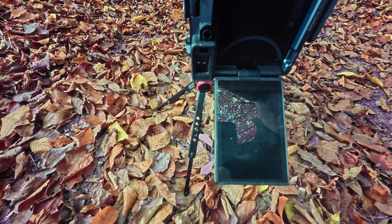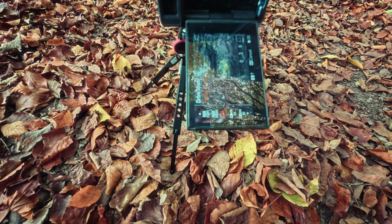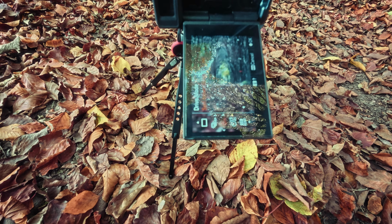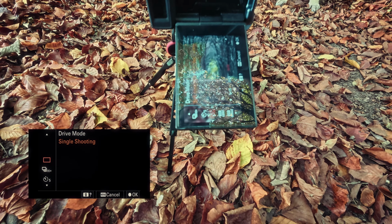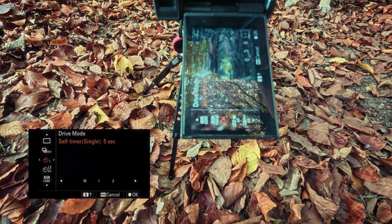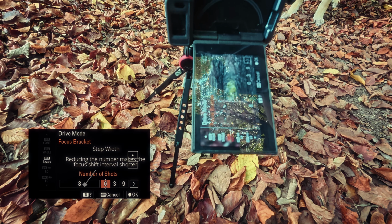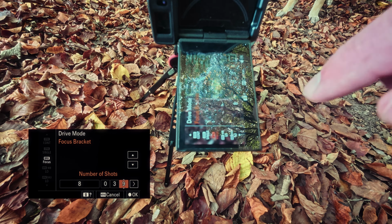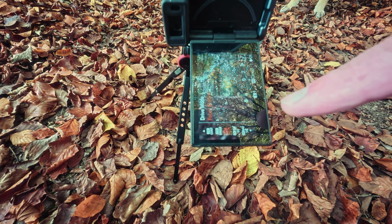So I've got it set up on the function button here, and then it goes down to the drive mode settings. Obviously loads of settings in here. Normally you'd be on the single shooting. But we're going to bring it down to where it says focus bracket, and we're going to select that. When we go back into it again, we can see down on this side the number of shots that we want to take and the distance each time. So I've set it at 39 here